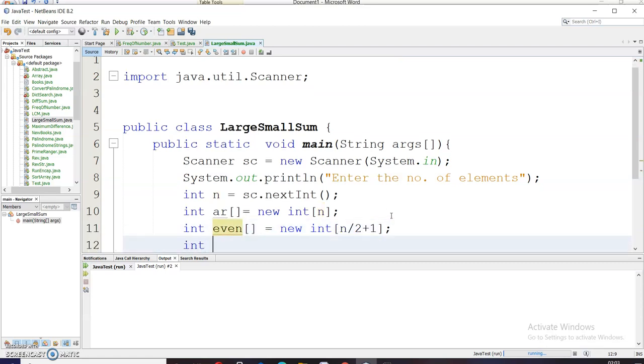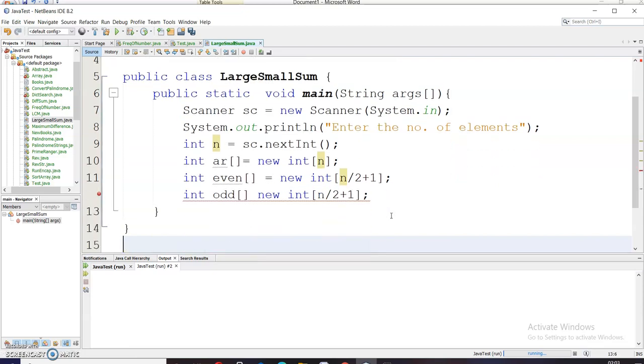Similarly I will define an odd array to store the odd indexes only, new int n/2 + 1. And here I have missed an equal to symbol.